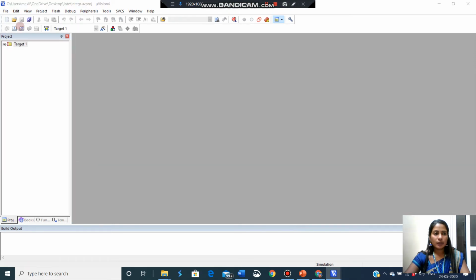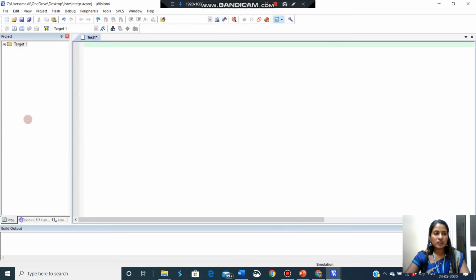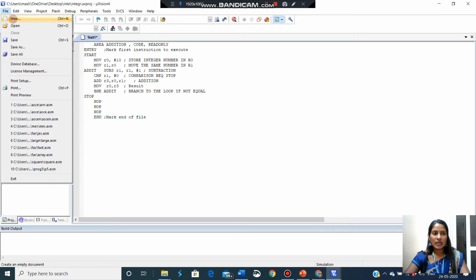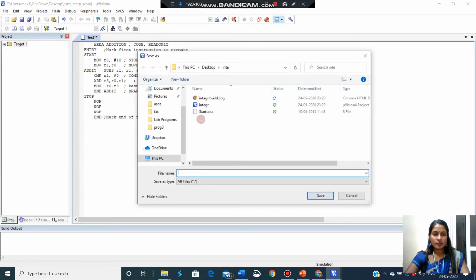Then after that, go to File, New. This is the project window, this is the editor window. Here only we have to type the program. I'm copying the program. After typing the program, File, Save. So this is my file. I'm saving it with the .asm extension. Save.